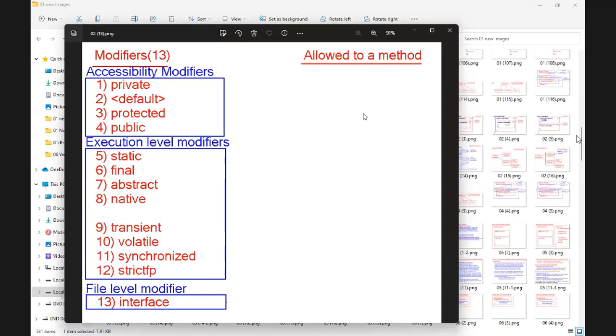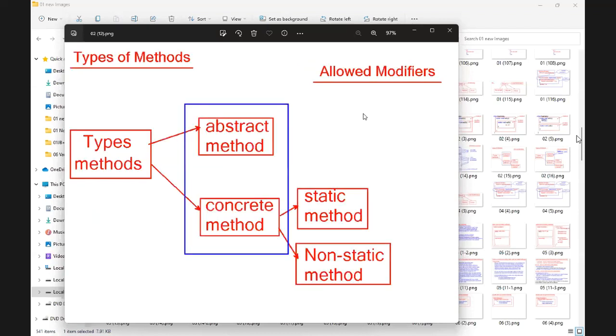Tell me, can I declare an abstract method as private? If I declare an abstract method as private, can I take it to the subclass? So private allowed or not allowed? Default, protected, public. Next, abstract method execution is in the programmer's control? No. It must be executed from the subclass by using the object. If you pass a rectangle object, the abstract method should execute from rectangle. If you pass a square object, the find area method must execute from the square class.